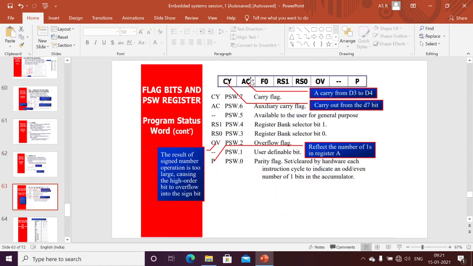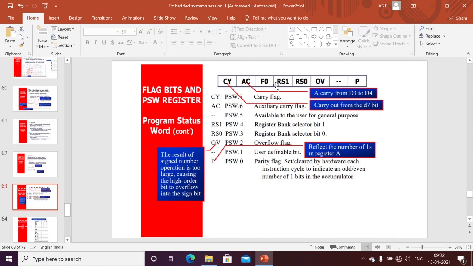Next, we already discussed the PSW in the architecture, so just an outline here. This is the parity flag. For example, after the addition, after ALU operations, if the number of ones in my accumulator result is odd, then we add one more one here. If the number of ones is even, then our parity is 0. Here the overflow flag. Mainly, if there is a carry from the 6th bit to the 7th bit, then this overflow flag will be set to 1.